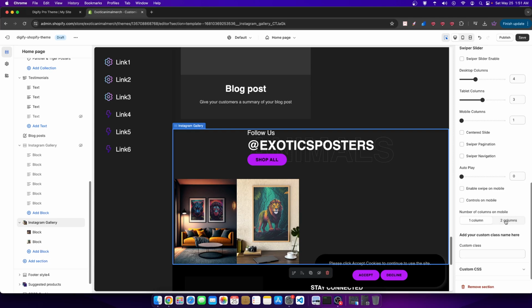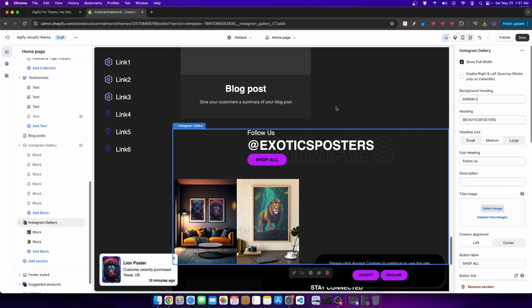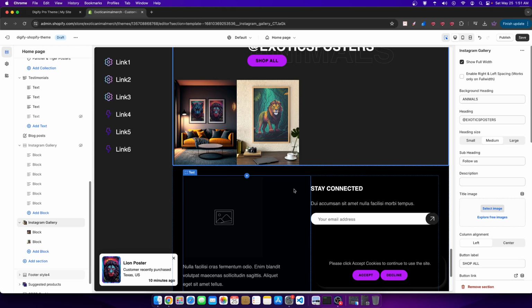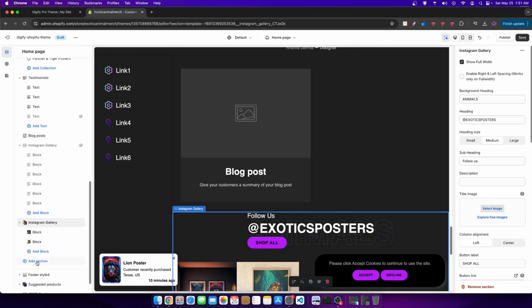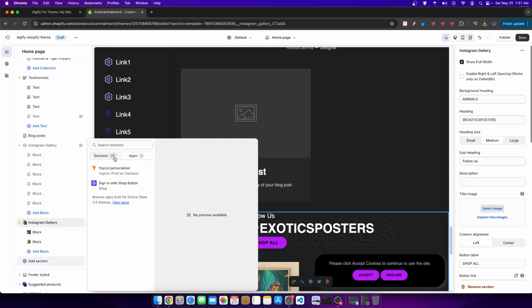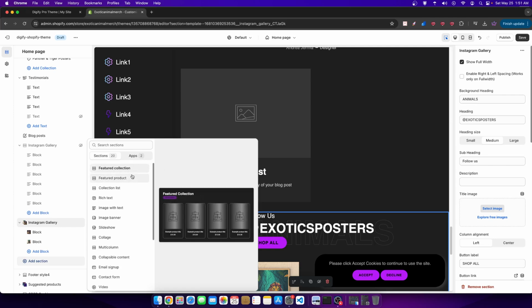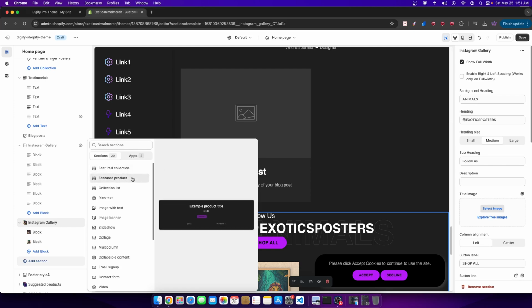We have mobile controls. We can choose how many columns on mobile. Of course, I would add as much as I can. And mind you, like I said, this is just a basic review here. This is not me building a store, but I will build a store in the course. But here we have different sections. So let's actually look at these sections, and then in a minute I'll check if we could truly add them on our